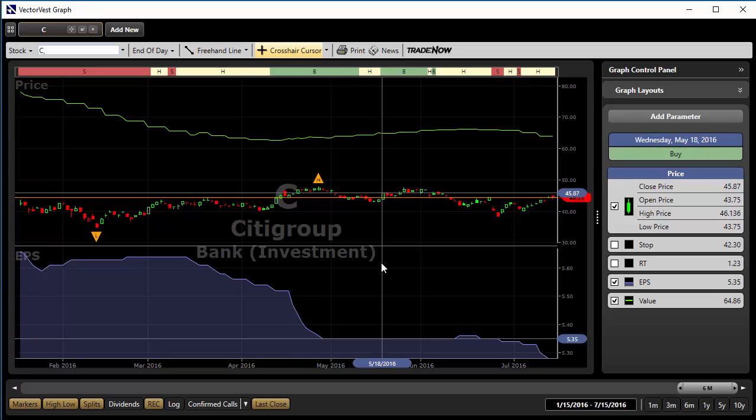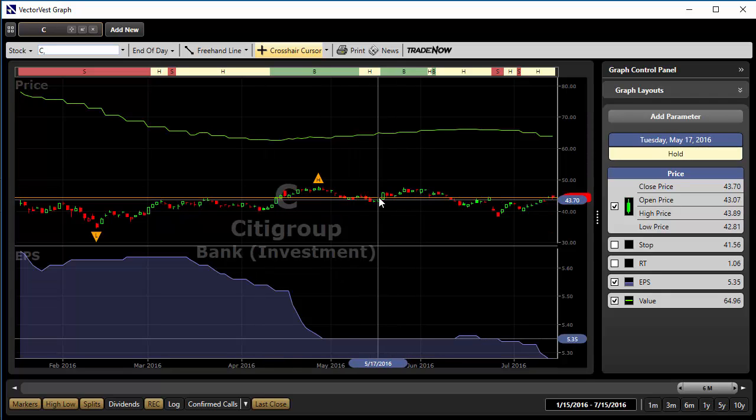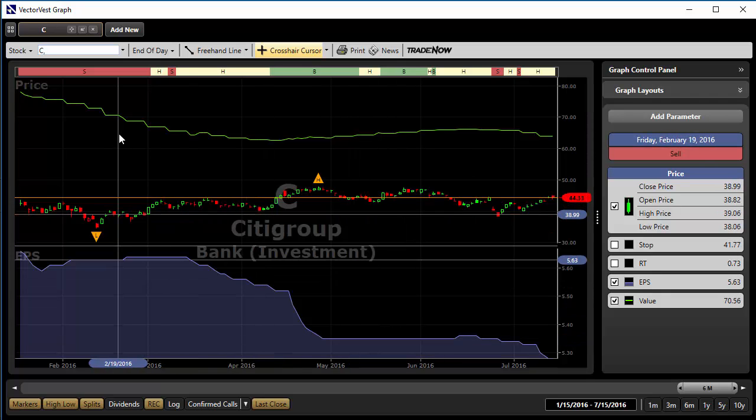You can trade spreads and do all kinds of things, but when I'm looking for stock buys, and I'm not even talking about options right now, I just want to buy stocks, this is one of the tools I use, and I really enjoy it, and I think it's really helping our members and me. So let's go through